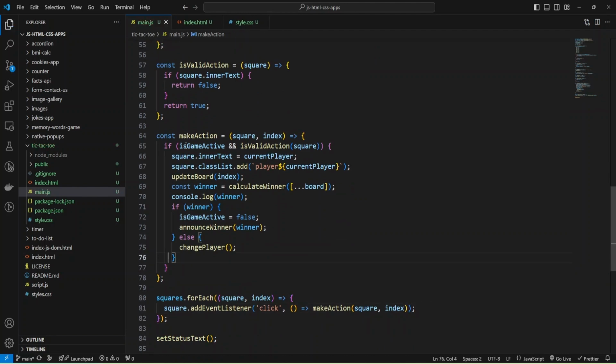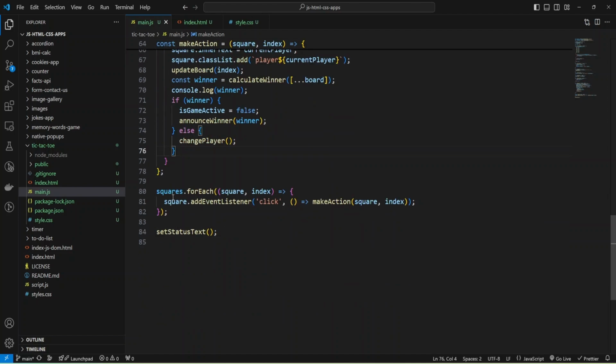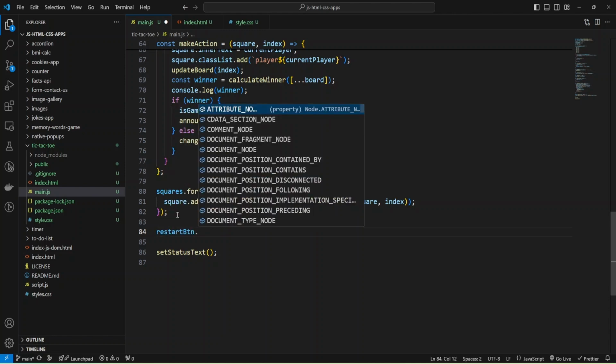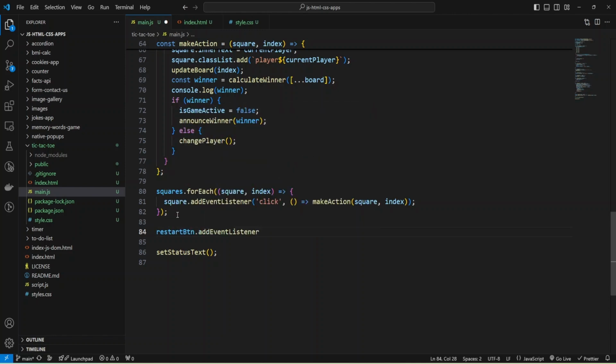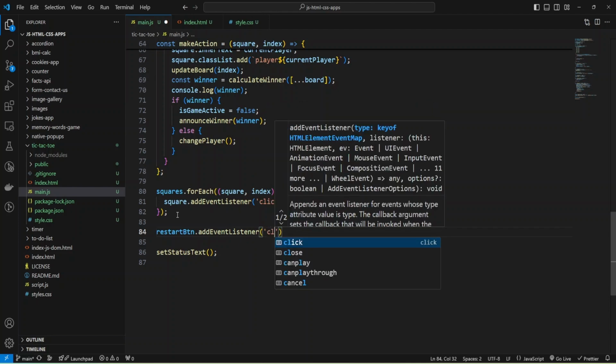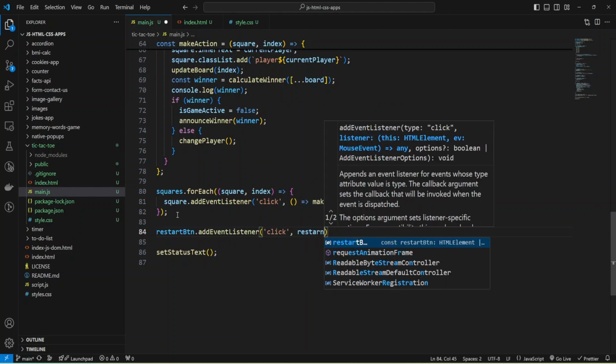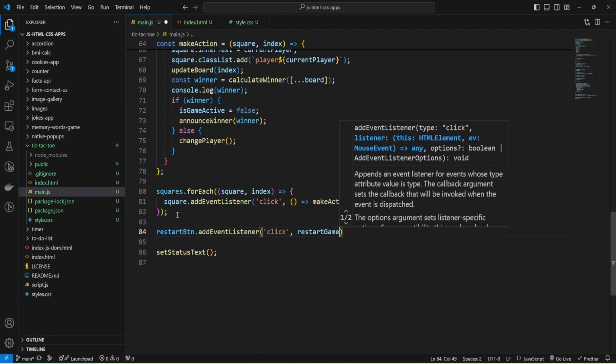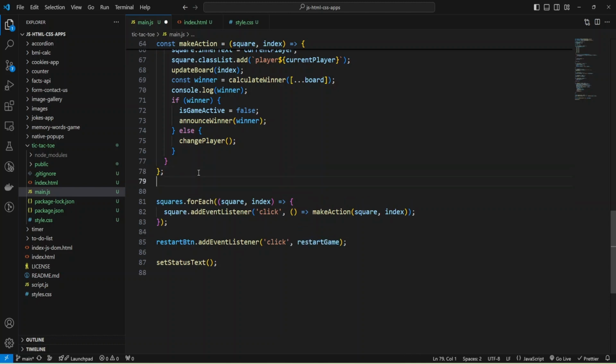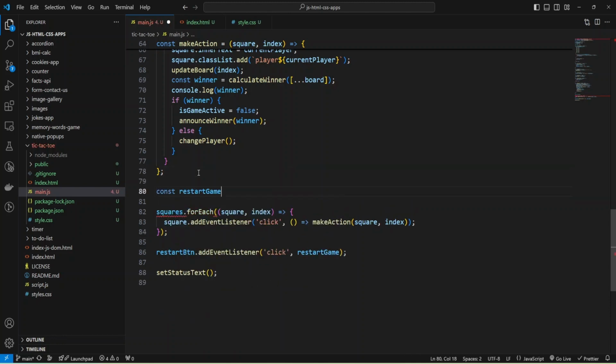And otherwise the game will not be continued, and also we can add some event handler to our restart button and add event listener, and I'm going to listen click event and add function restart game. And now we need to implement this function. Const restart game, and it will be arrow function.